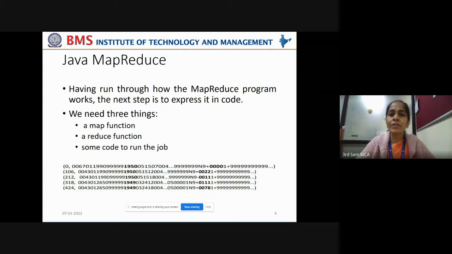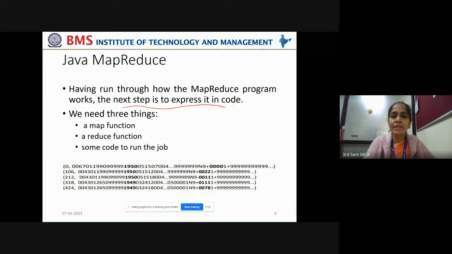Now, having run through how the MapReduce program works, the next step is to express it in the form of code. We are selecting the Java programming language to write our MapReduce programs because it has good inbuilt libraries and packages which support writing the mapper and reducer classes.